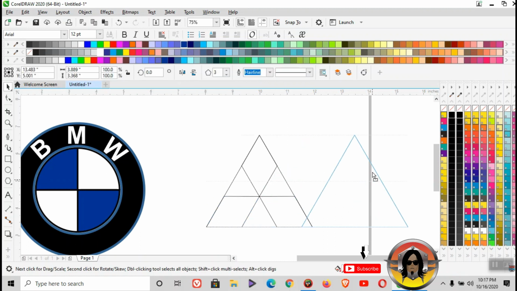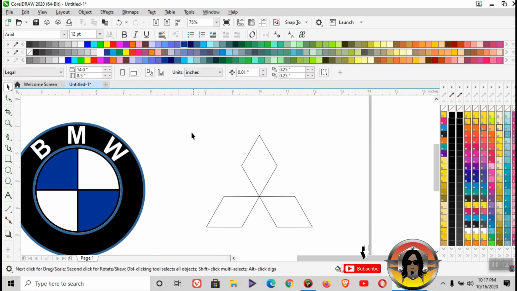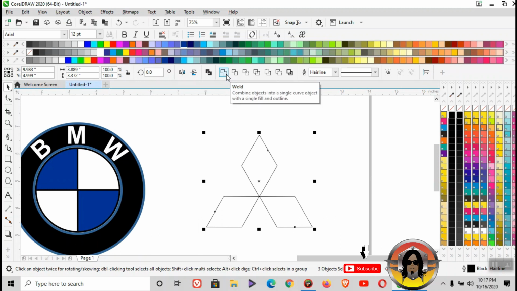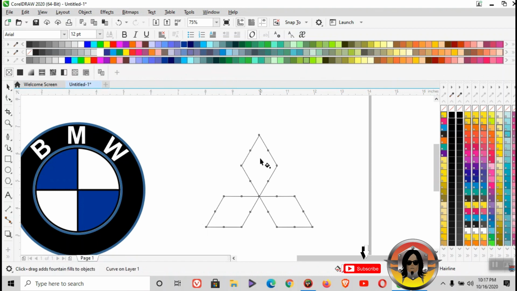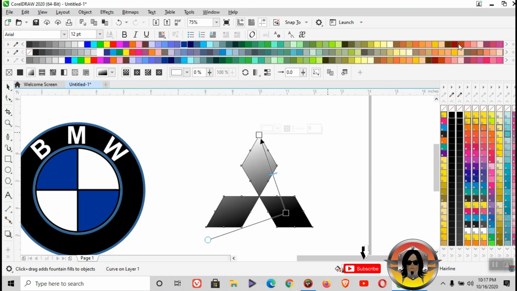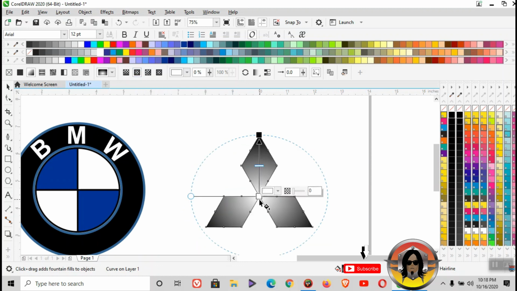Then remove the 3 sides, highlight, then weld, and go to interactive fill tool, then elliptical fountain fill. Center is yung light red, and dito sa taas is